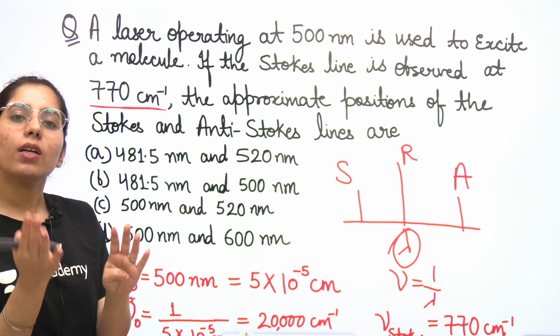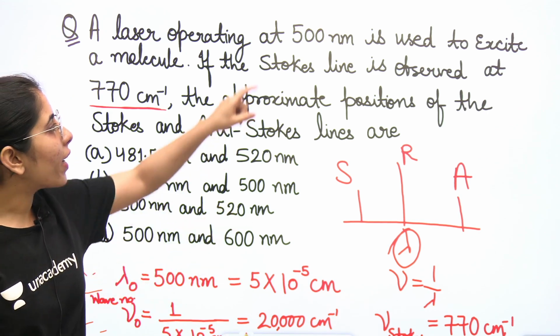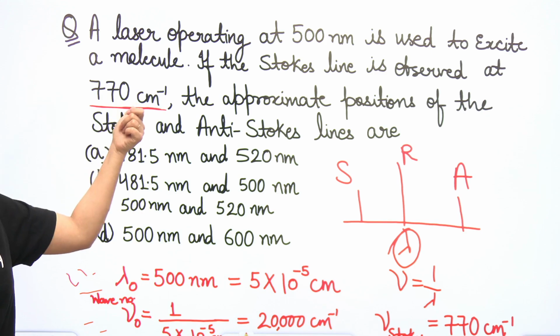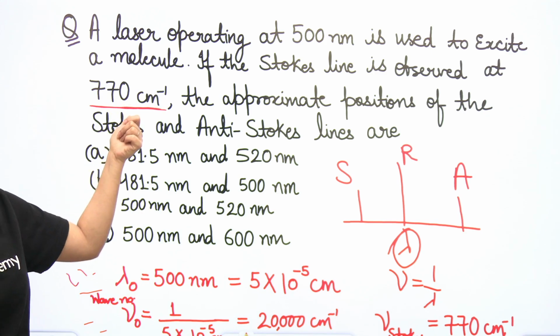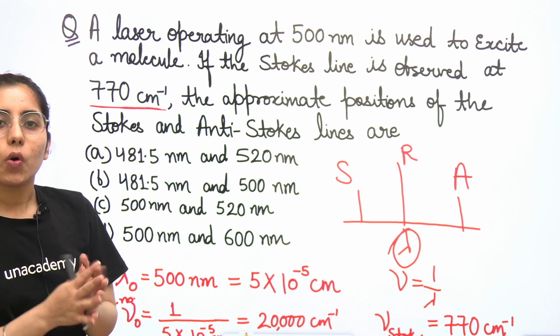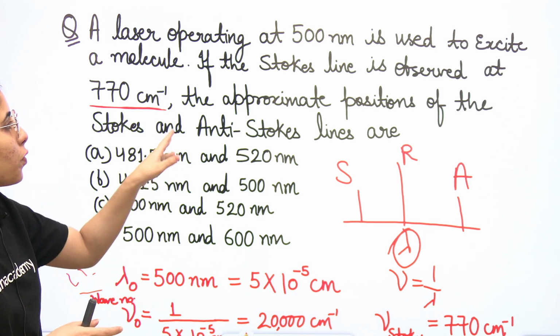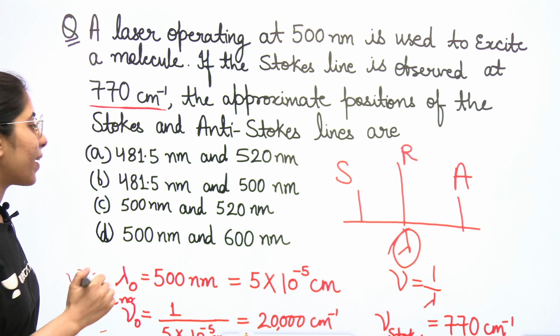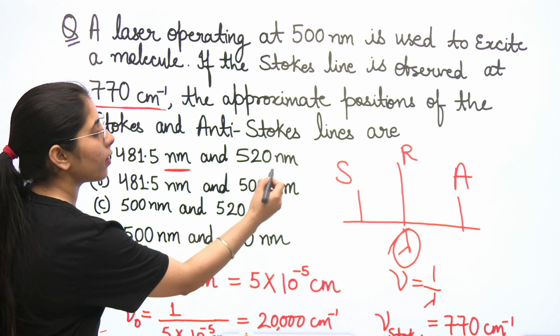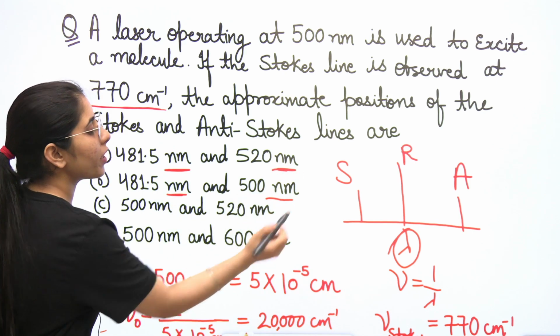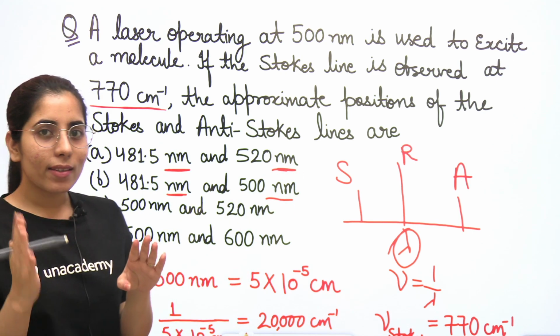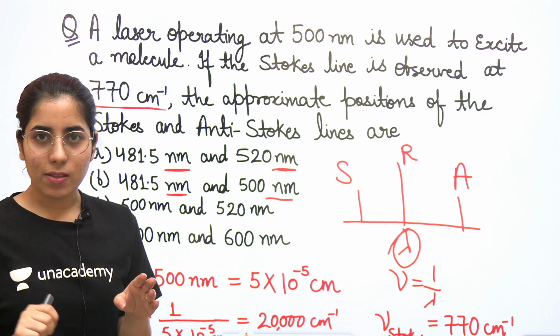Or you can do another thing, that is, you can find the wavelength corresponding to this value. You can do it any way, but here also at the end we will focus on the wavelength part. Why? Because in the options they have given nanometers. Clear? So what we are doing, with the help of direct steps, we are going to reach the final answer.